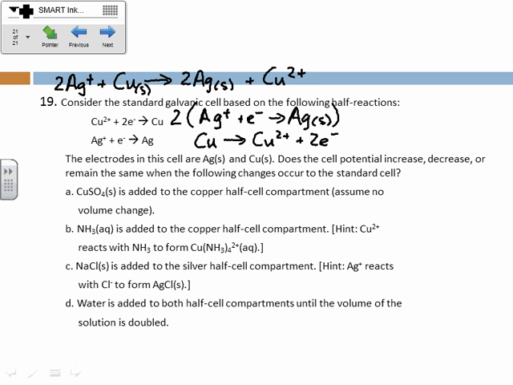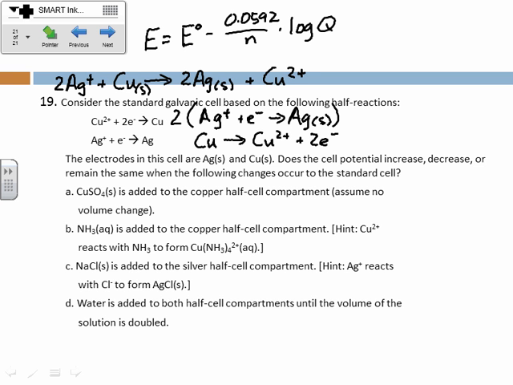Alright, and so then we just need to be thinking about this equation here. E equals E0 minus 0.0592 over n times the log of Q. Okay, and what we really need to think about here is whether the log of Q expression is going to give us a positive or a negative, or how is it going to change, and then how is that going to change